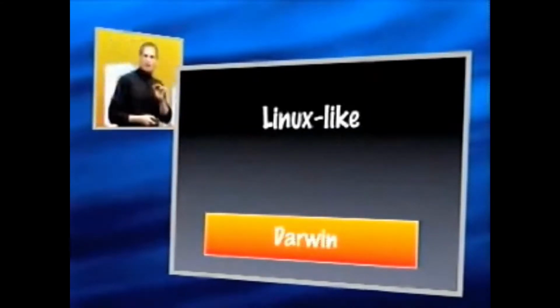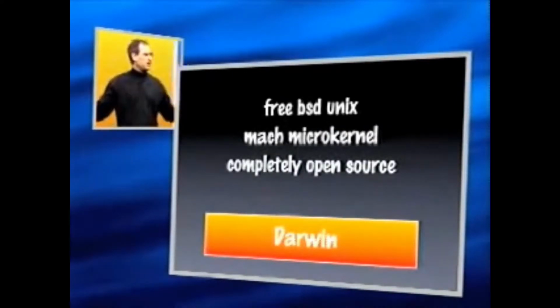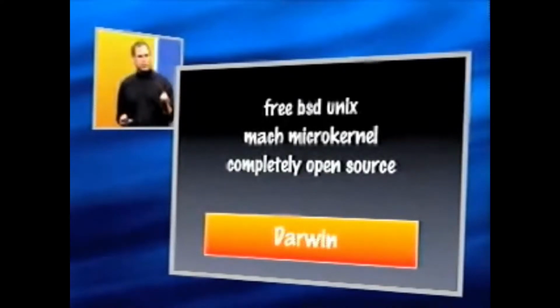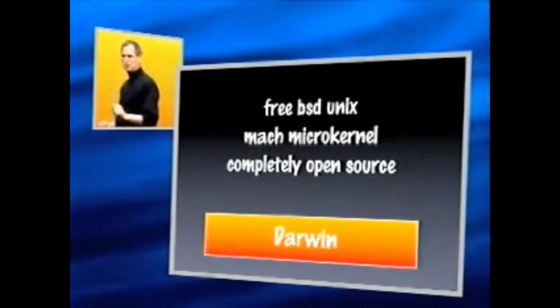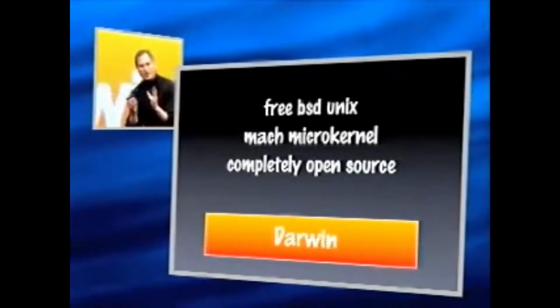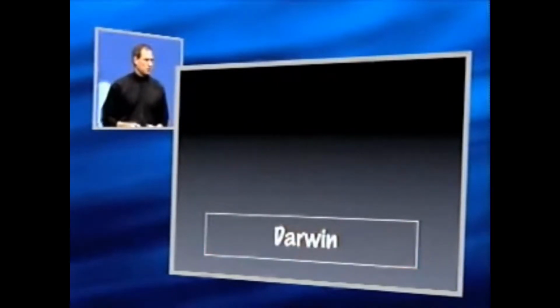And it's very Linux-like, very much so. It's got FreeBSD Unix, which is the same as Linux. So it looks almost the same to developers. It's got a Mach microkernel, and it's completely open source. You can go to Apple's website today and download it, as 75,000 people already have. It's completely open source, and we're getting a lot of help from the Mac community to make it better and better and better. So we're extremely excited about Darwin.